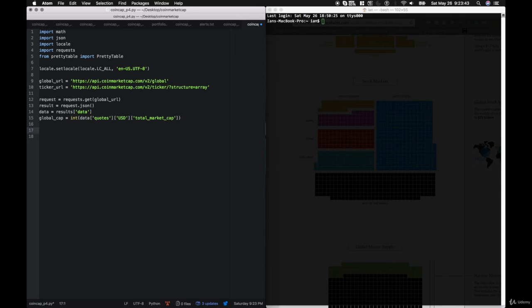And now we'll set the headers for our table. So table equals PrettyTable. And our headers will be name, ticker, percent of total global cap, current, it's the current price. Then we'll have